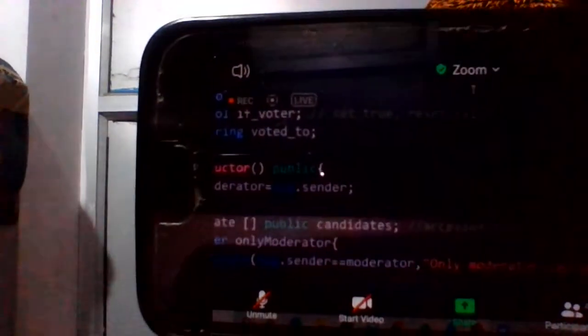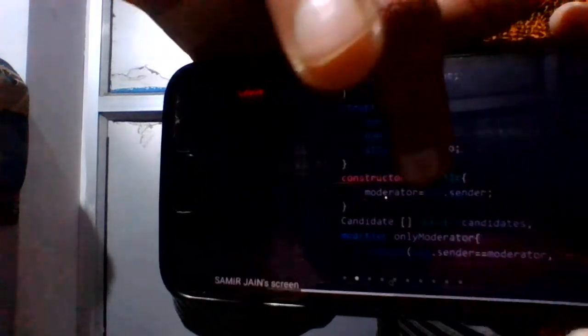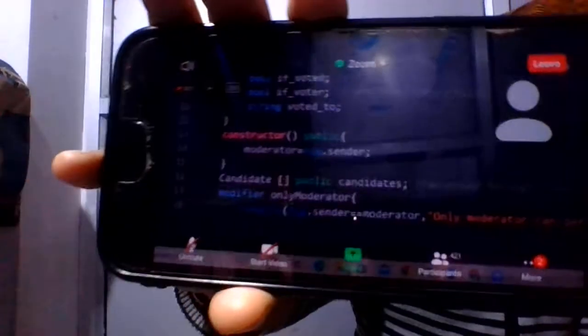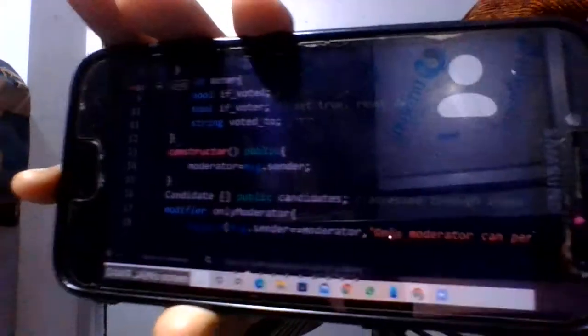Exactly. So why blockchain? Because nobody can change it. Suppose we are not giving this solution using a blockchain network, then the functionality is given with some software which can be tampered with.